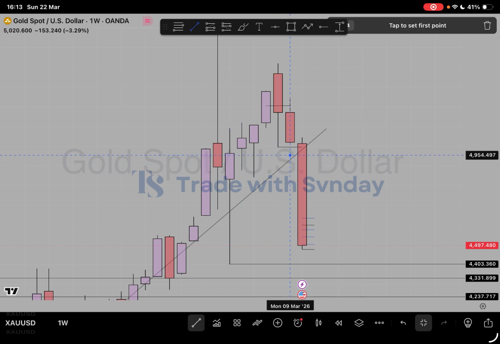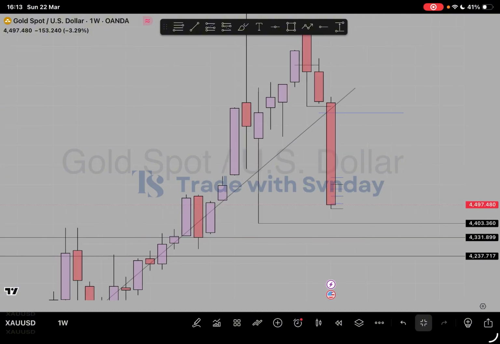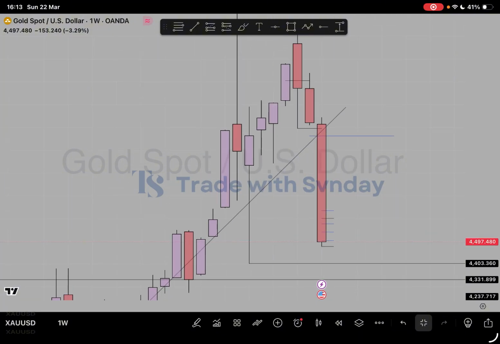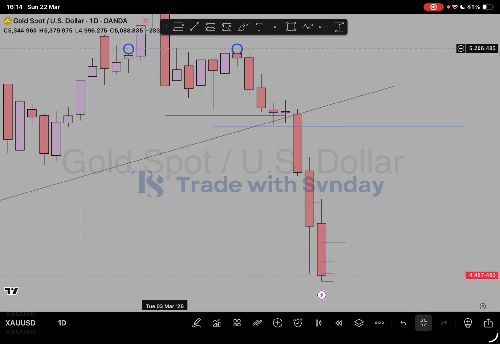But let me just mark it. Even though the price has been very bearish, I doubt that it could go back as high as that to pick that, but we can actually mark it out soon. So let's go down to the 1 day time frame. When we come back down to 1 day now,